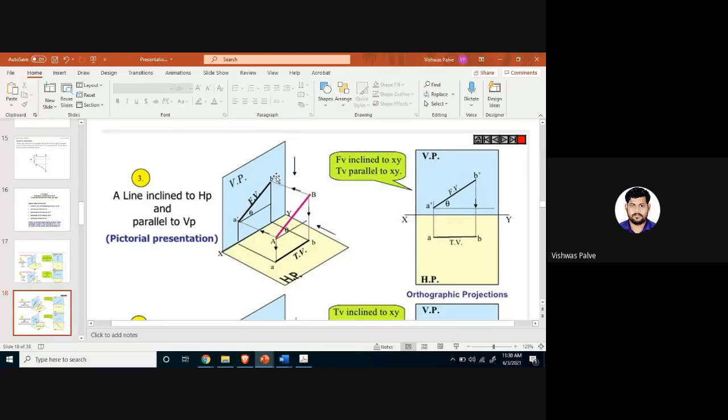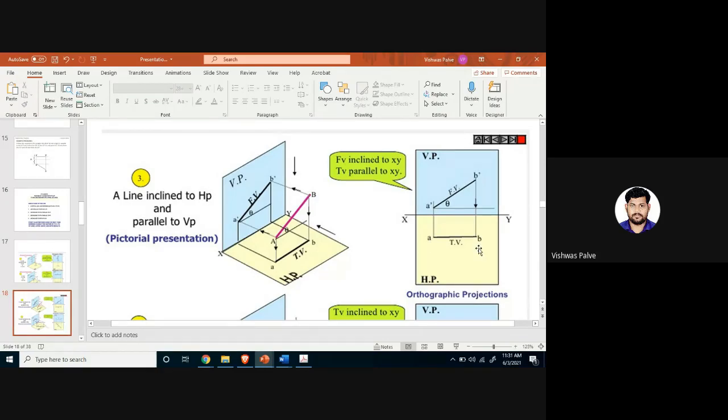So you will get a front view of the line A dash B dash, which is an inclined line, and the inclination is theta. Whereas the top view of the line, what will it be? It will have an apparent length. Now what is the apparent length? When we observe it from the top, the true length AB and the top view length AB will be different because the top view will be shorter. You will get an apparent length because the shadow of that line, if the line is inclined, will be a straight line here, but it will have a shorter length, and that shorter length is called the apparent length of a line. So the orthographic projection of that line will be A dash B dash and AB.